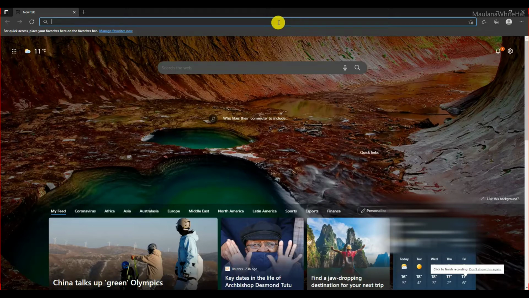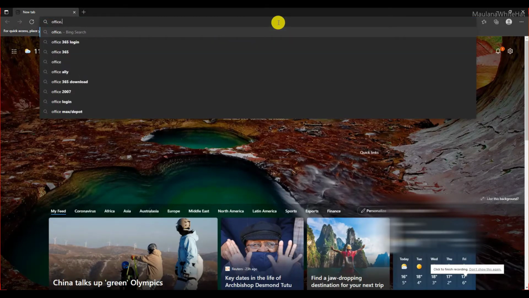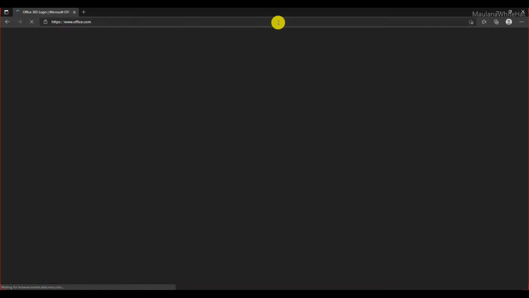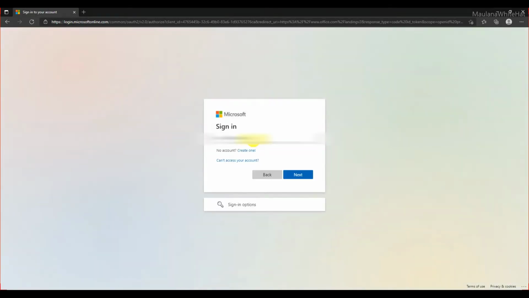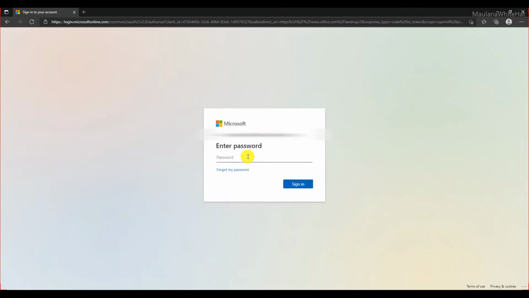So the first thing you want to do is to navigate to office.com. Simply typing www.office.com or only office.com in any major web browser will bring this up. From here, click the sign in button, enter the email address that you have received from them, then enter your password. If you haven't changed your password yourself, it will probably be the same password that was issued to you. I highly recommend changing the password for better security.